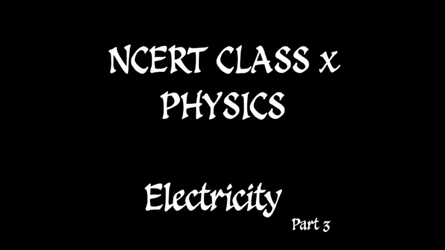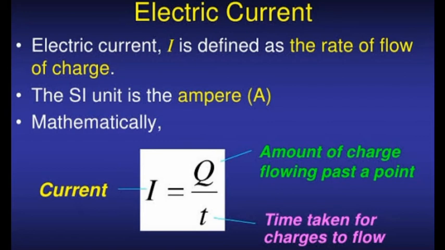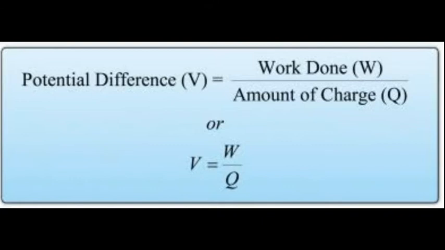Okay, in the last class we discussed electric current, electric potential difference, and the definition of the SI units of these quantities. Next, we identified that the potential difference is the necessary and sufficient condition for generating a current. In order for an electric current or an amount of charge to flow, a potential difference is a necessary and sufficient condition.